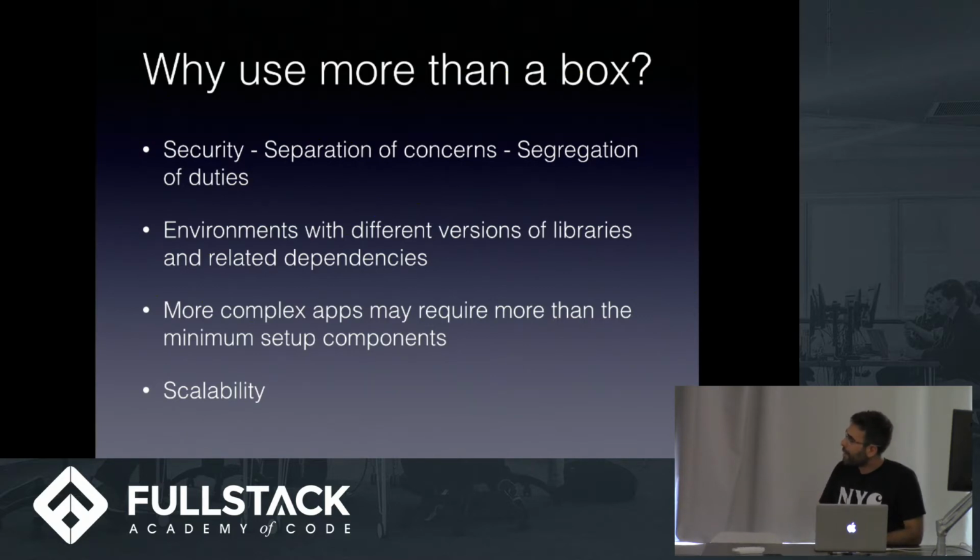So to summarize, the reasons for using more than one box are security, separation of concerns, segregation of duties, and environments with different versions of libraries. A more complex app may require more than the minimum setup of components, so you may even have different teams working on each one of these components. And the last item is scalability and